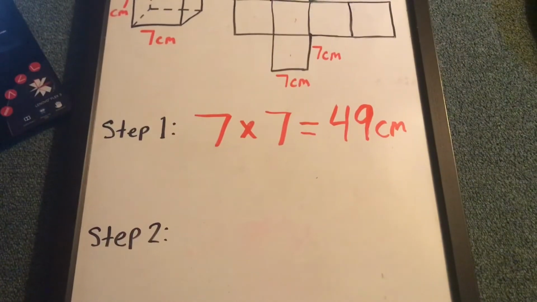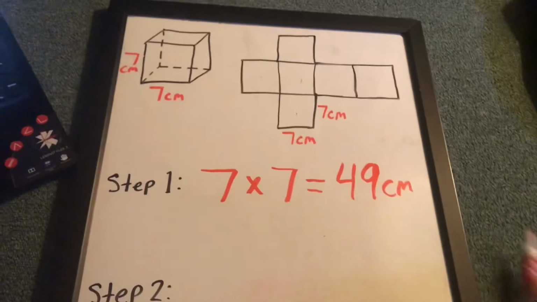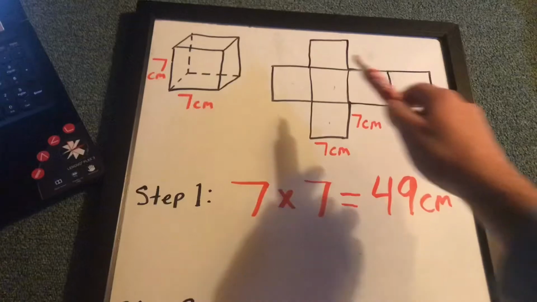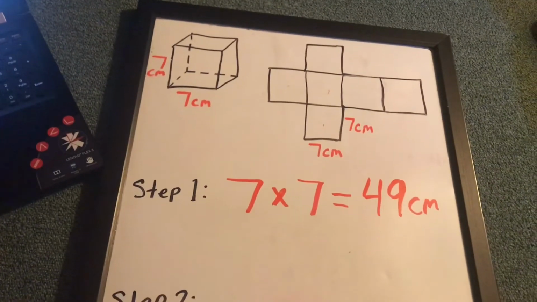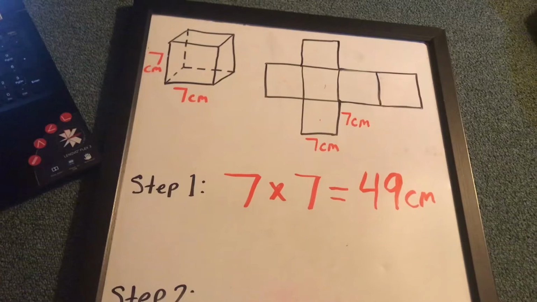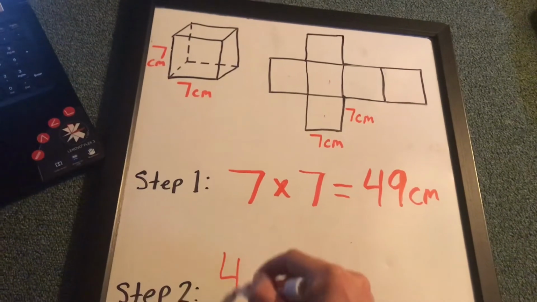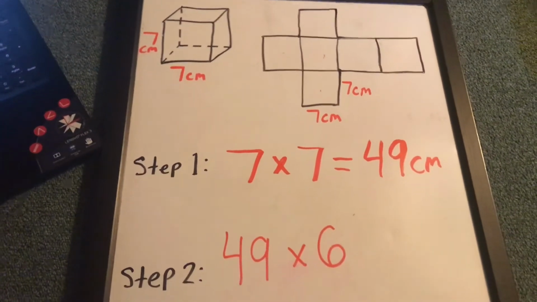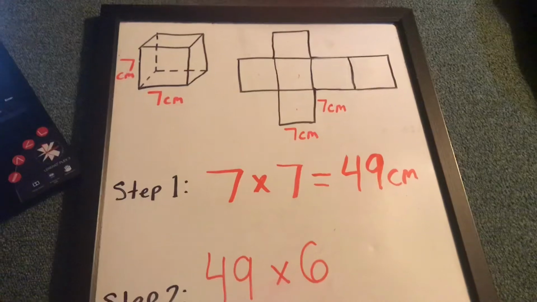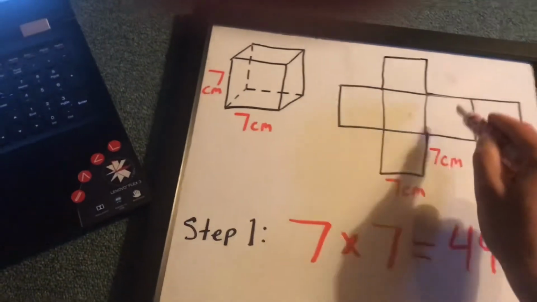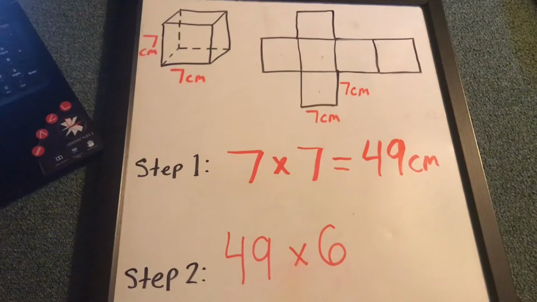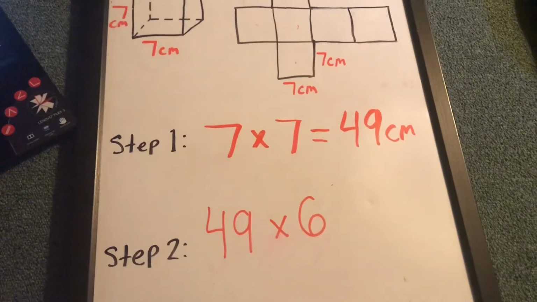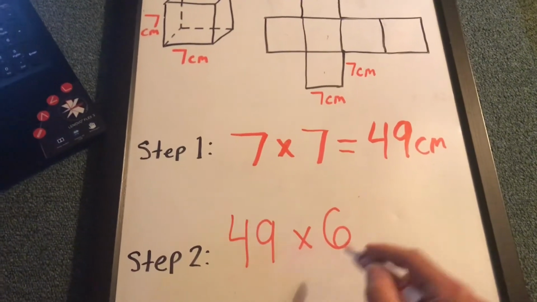Now for step 2, we have to use that 49 centimeters that we just got, and we're going to try to figure out how much space is taken up on all of the faces put together. So we're going to multiply our area for the one face, which was 49, by 6. We're multiplying it by 6 because a cube has 6 faces. 1, 2, 3, 4, 5, 6. And we want to find out all the space taken up by each face of the cube put together. So we're going to multiply 49 times 6, and that's going to get us